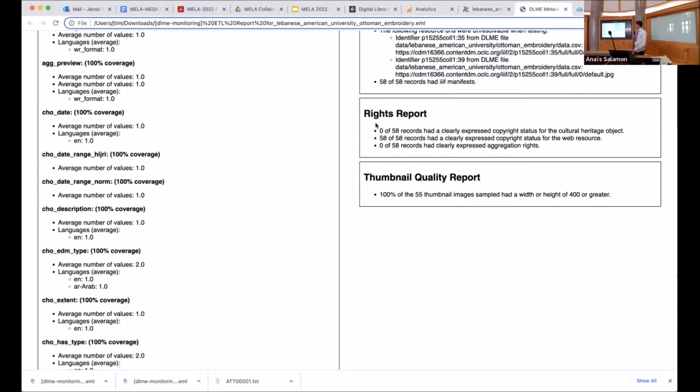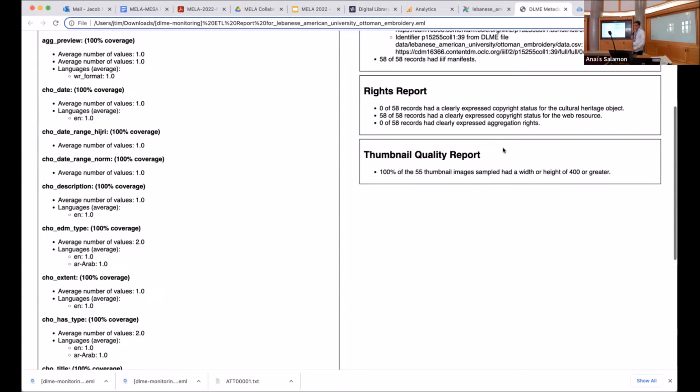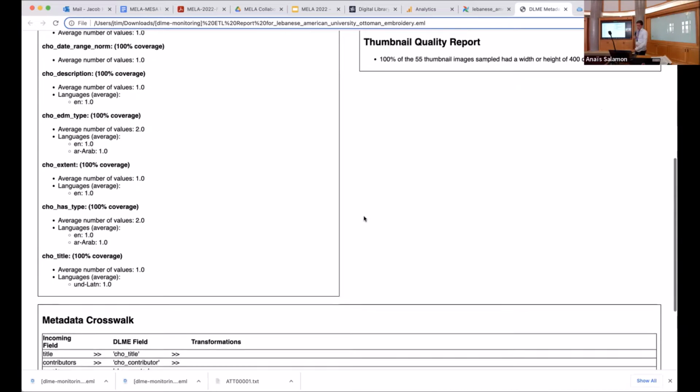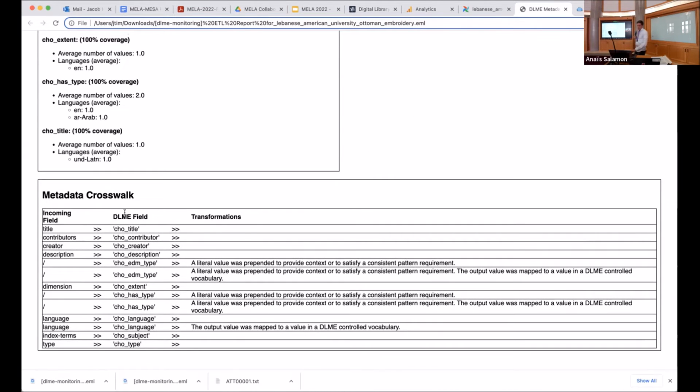Coverage or rights reports: do we have rights specified for copyright for the cultural heritage object, for the web resource, for aggregation rights? Do the thumbnails meet our recommended standard for size? And then we have a little crosswalk here. The reports are meant to help engage our